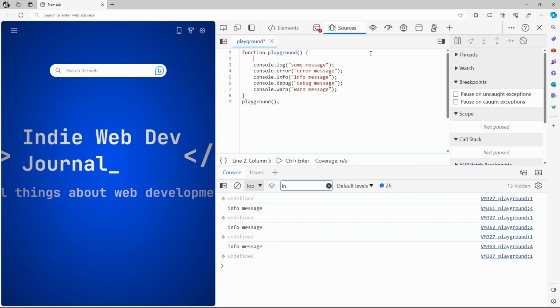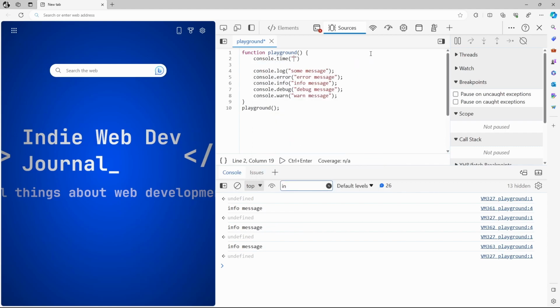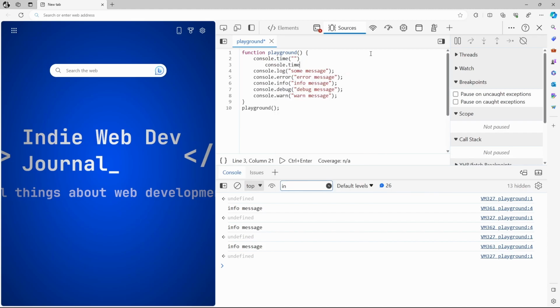The other methods that I use heavily are console.time and console.timeEnd. They are very useful when you're working with performance optimization. Basically, you can start the performance measurement with the call console.time, and you can give a label, a test label or something. And when you call console.timeEnd, you pass the same label. And when you